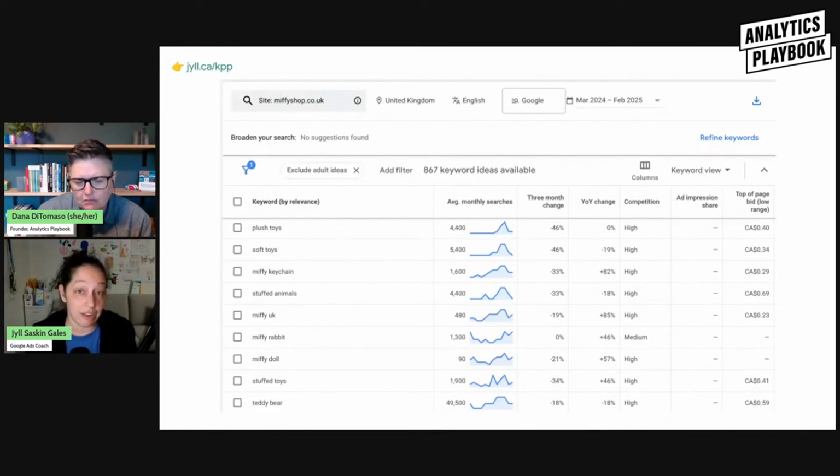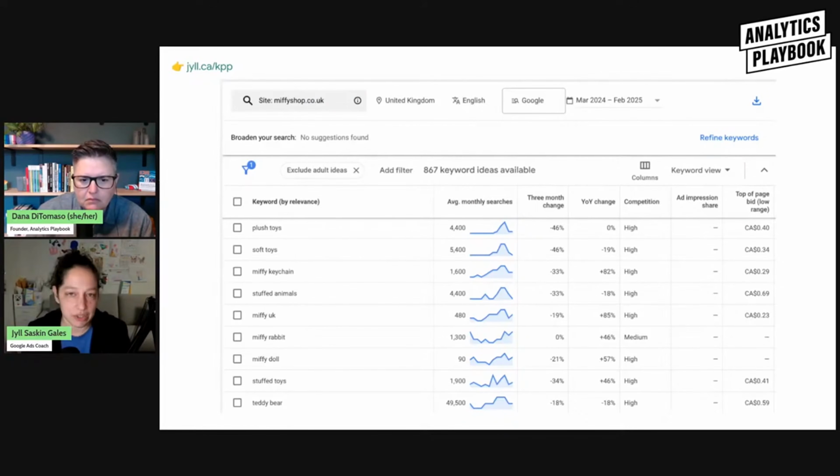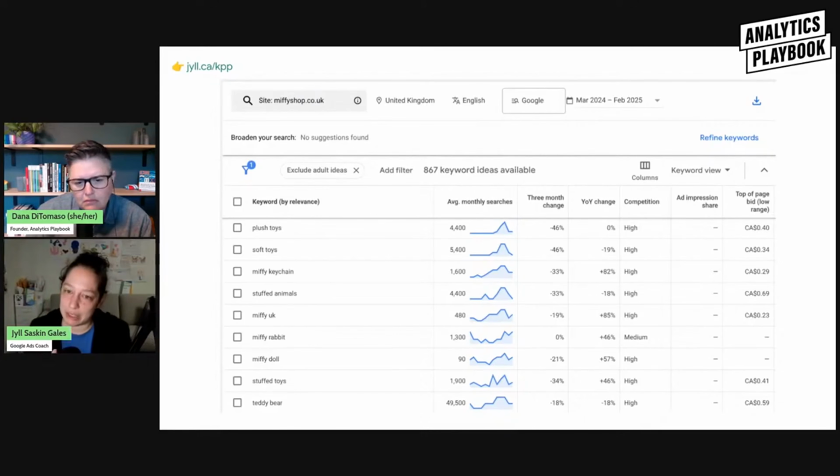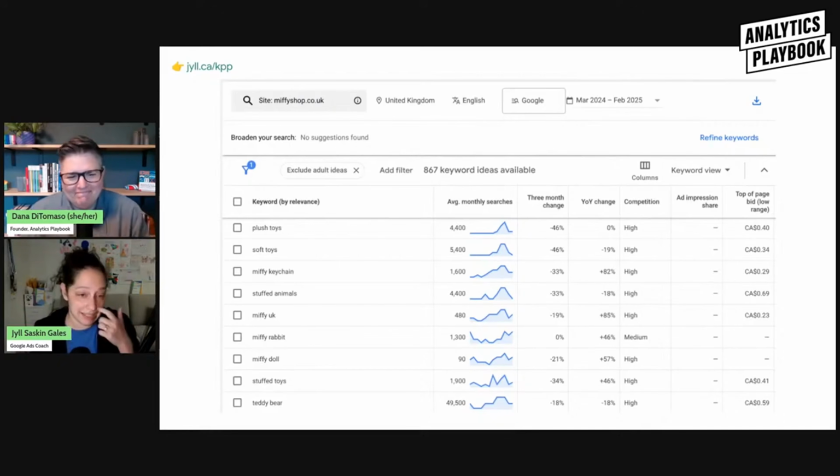This is a screenshot of Keyword Planner in Google Ads. Even if you're not spending any money on ads at all, you too can use Keyword Planner. And what you do is instead of typing in the keywords you're interested in, or instead of typing in your own website, you type in your competitor's website. And then what Google does is it looks at your competitor's website and finds the searches that it thinks are relevant to that site. So in this example for Miffy Shop,